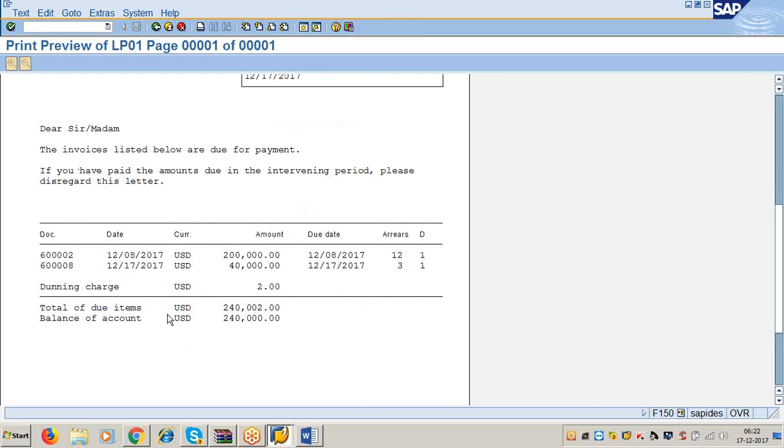And see, total of due items, 2,40,002. And dunning charges is $2. We have defined dunning charges for the first level, no? Then balance of account is 2,40,000. What does it imply? Look at the screen carefully. Total of due items is 2,40,002, but the balance of the account is 2,40,000. Means system will print the dunning charges only in the dunning letter. It will not update the customer account with the dunning charges because the customer may or may not pay the